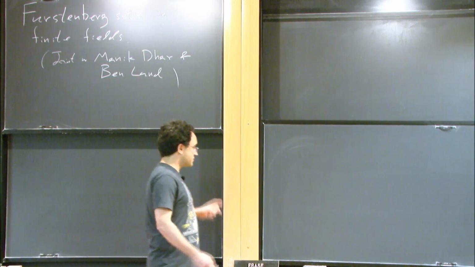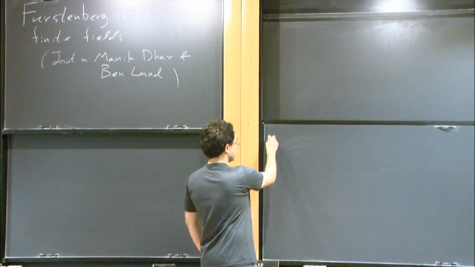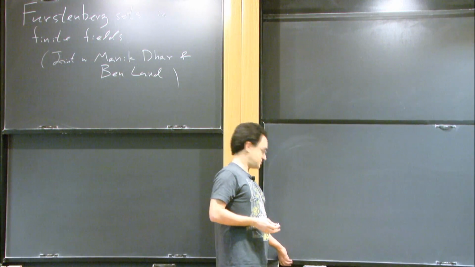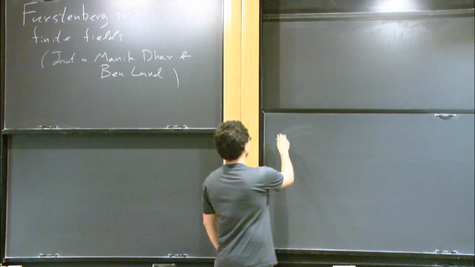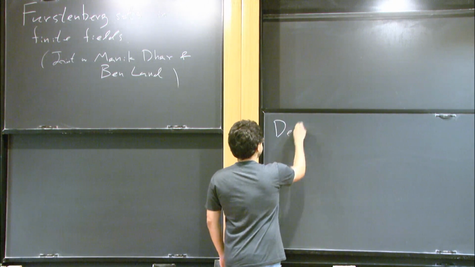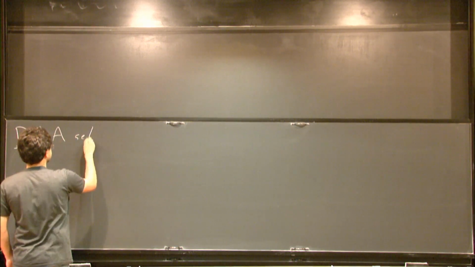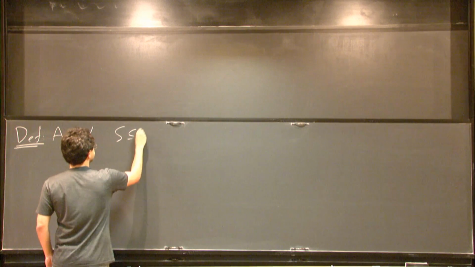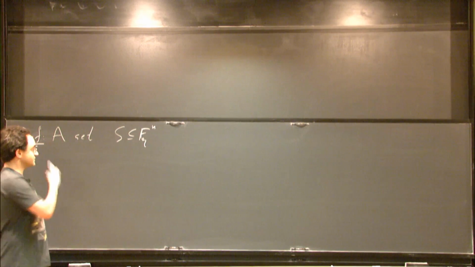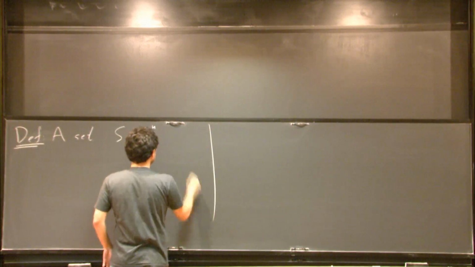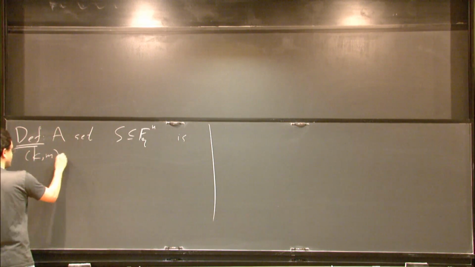So let me start with the definition of what is a Furstenberg set, and then we can talk about the connection to the Kakeya problem and so on. It's, as Irit said, a generalization. So you have a set S in F_q^n, where F_q is some finite field, and we say that this set is (k,m) Furstenberg